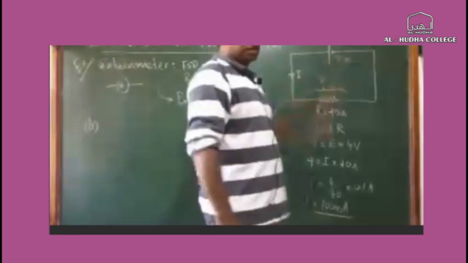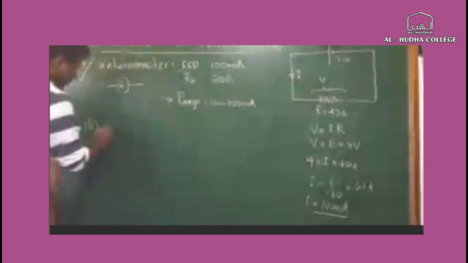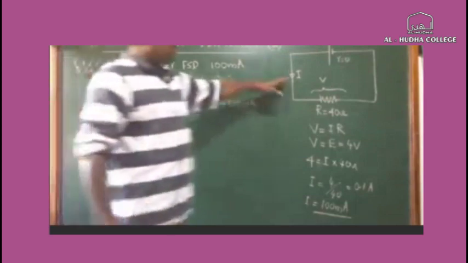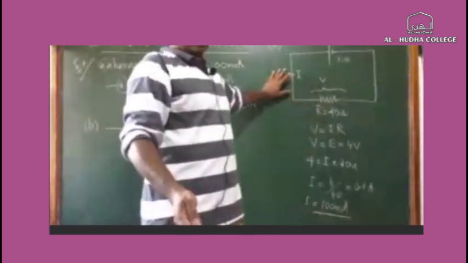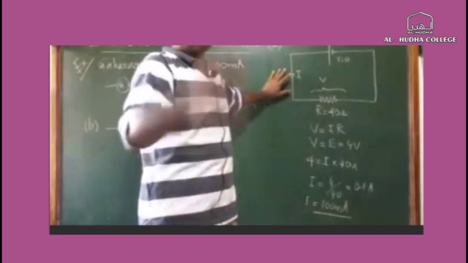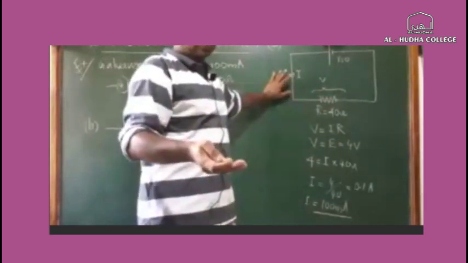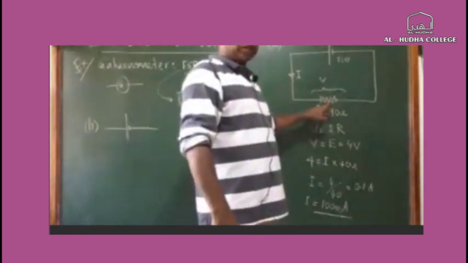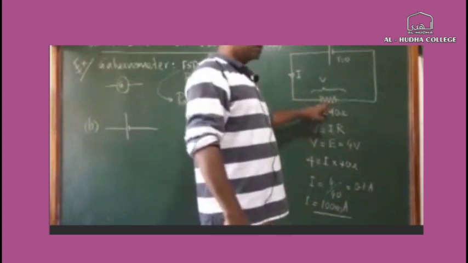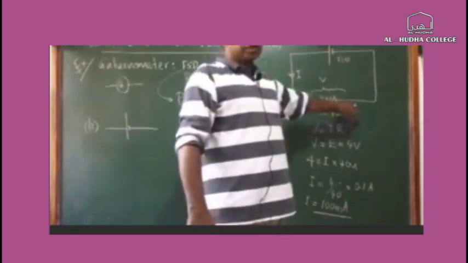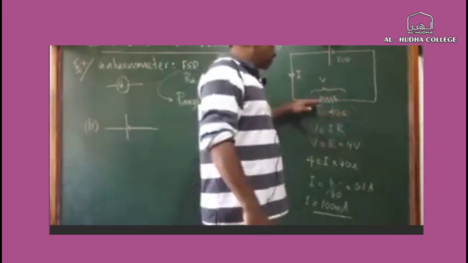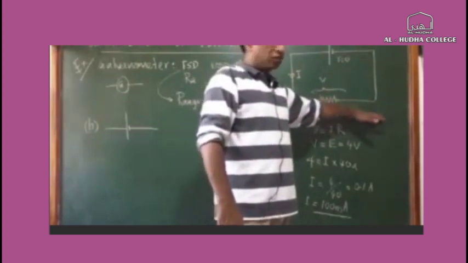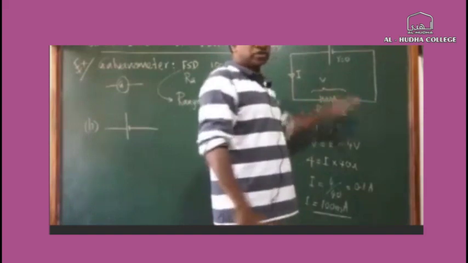When you connect the meter here, we will introduce it, and you know that an ammeter is measuring current. Therefore, it should be connected in series with the device. The device here is the resistance. Now we want to know the current through the resistance, so we have to connect the galvanometer in series with the resistance, so that the current through the resistance and the current through the galvanometer are the same. So if the galvanometer measures the current, that is the current flowing through the resistance also.